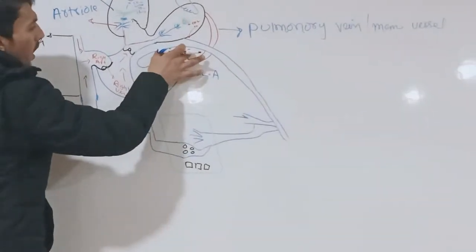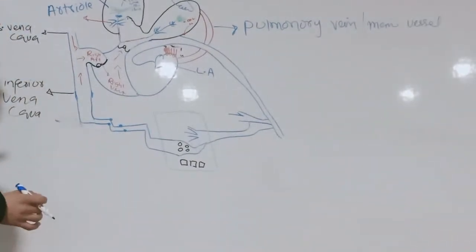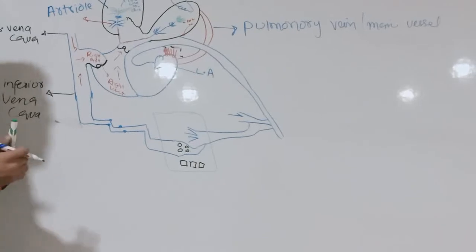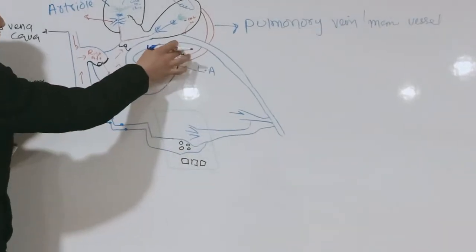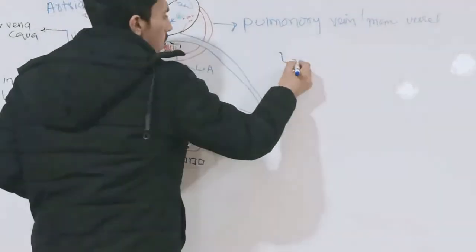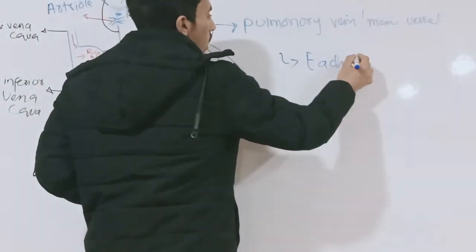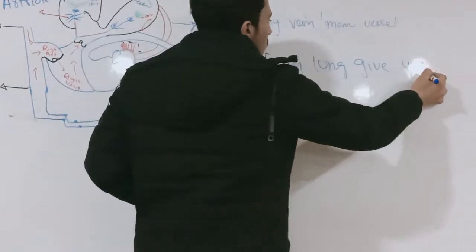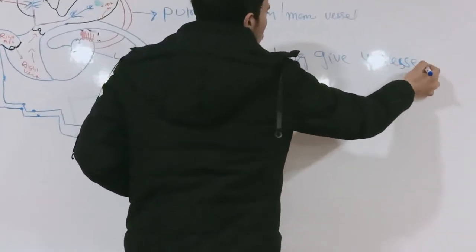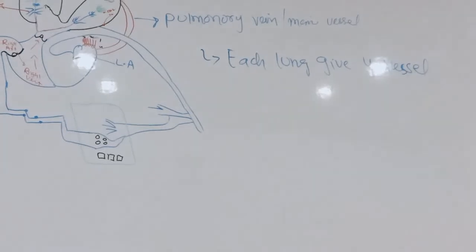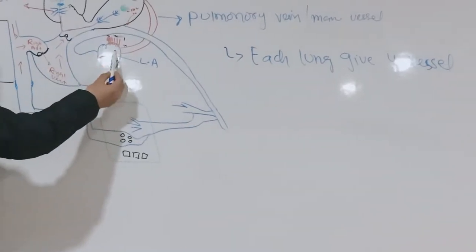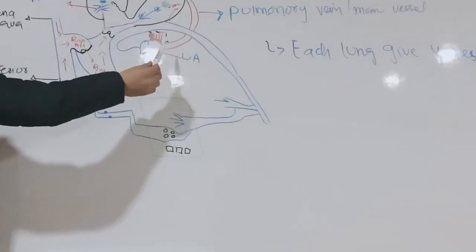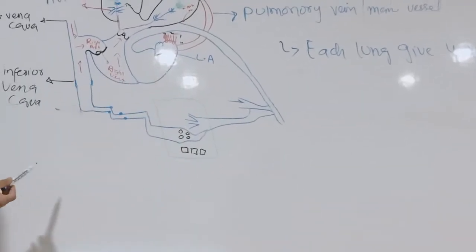Here 4 openings are counted because each lung gives 2 openings or 2 vessels. So here 4 openings will occur. Each lung gives 2 vessels, so 4 vessels. So here 4 openings are present. When the oxygenated blood comes from the lung to the left atrium through the pulmonary vein,